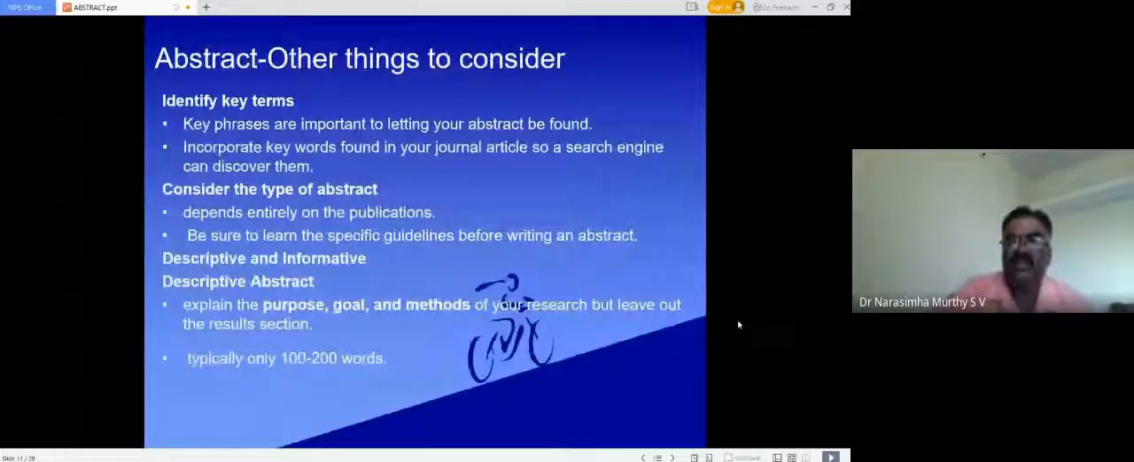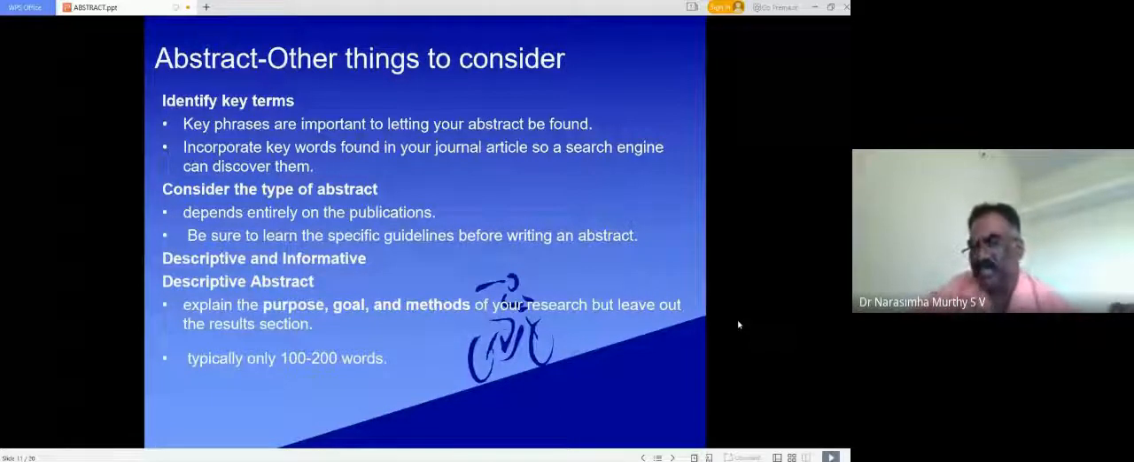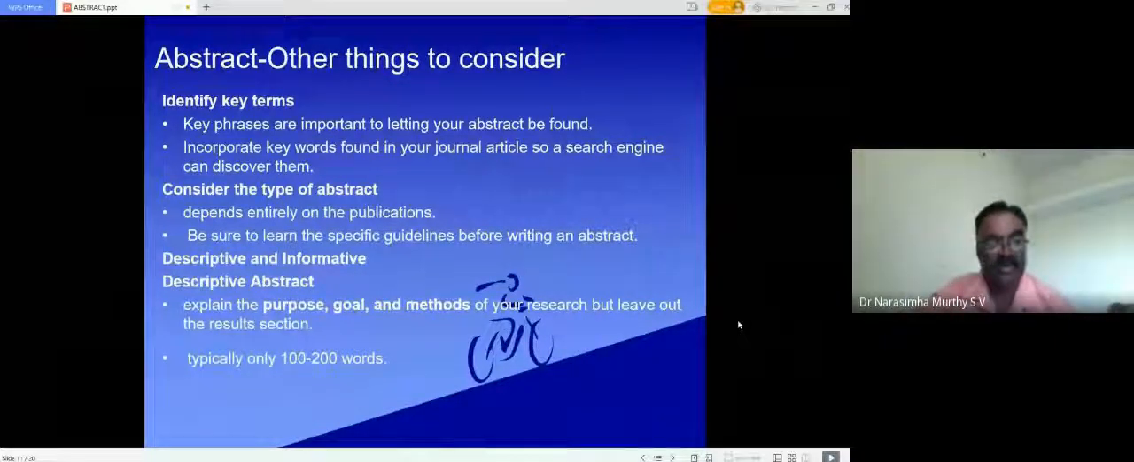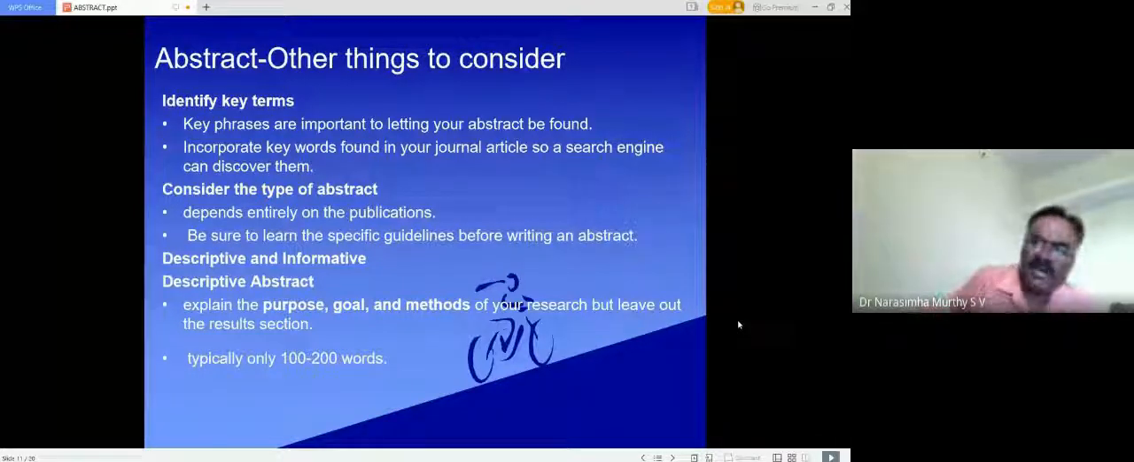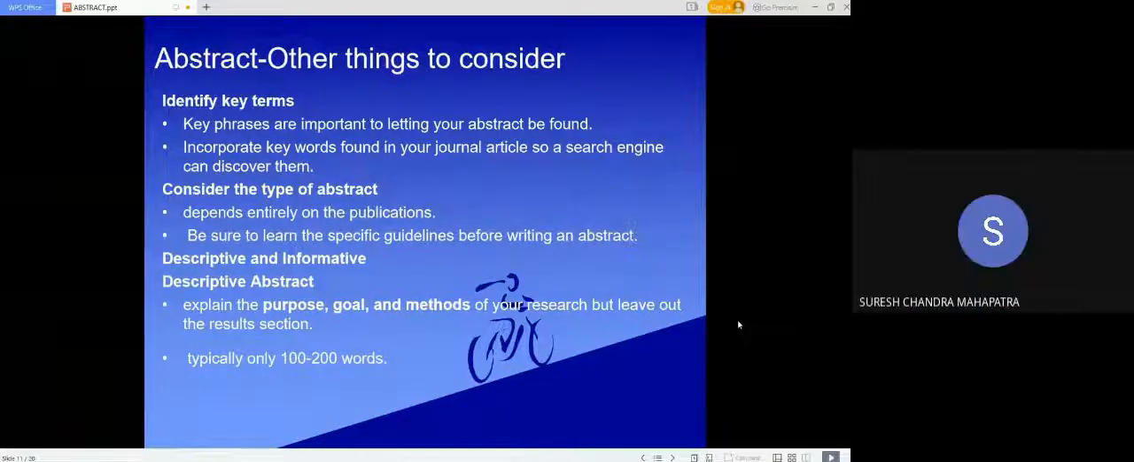Now, what are the other things that one must consider when you write an abstract? We have seen what should be the content of an abstract. Now let us take some more things, elements of a good abstract. So first thing, well, identify